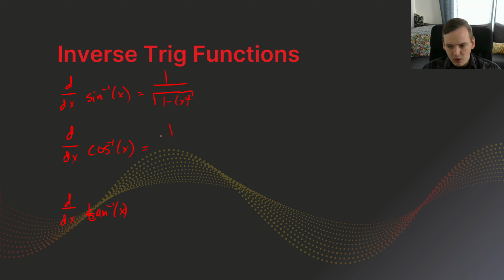The derivative of inverse cosine is negative 1 over the square root of 1 minus x squared. And the derivative of inverse tangent is negative, or not negative, it's 1 over 1 plus x squared. And then similarly, we'll make mention of